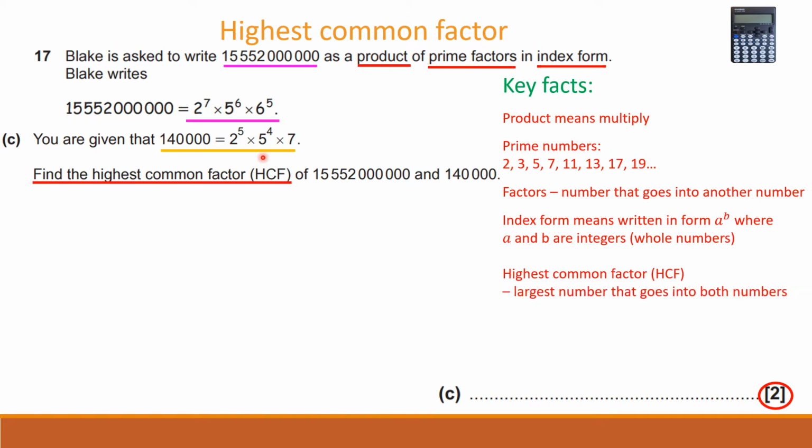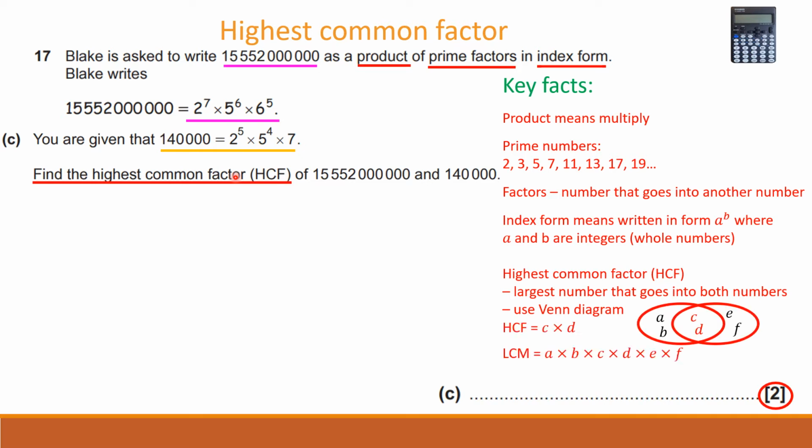Highest common factor is the largest number that goes into both numbers. So we've got to find the largest number that goes into both of these two numbers. The easiest way to do it is by using a Venn diagram, especially when the product of prime factors has been given. You can do it manually and just count up and work out which factors go into both numbers, but when you've got really, really large numbers like we have here, it is much easier to use a